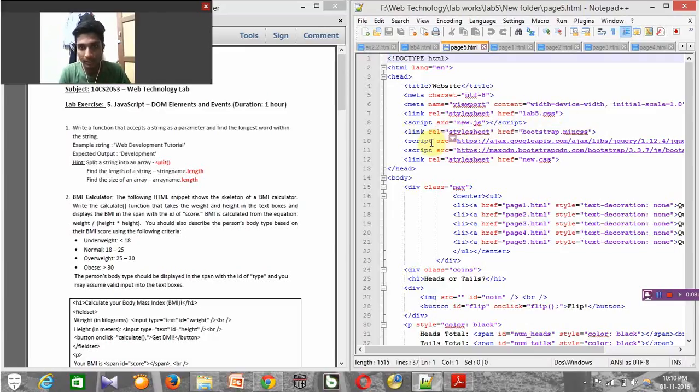And in the script file I have created some links, and again after that I have created a navigation bar, and again in the div tag for the class coins, a head tag is used for creating heads or tails, and image source is used for displaying the coin. And again I have created a button with id equal to flip. On clicking the flip,